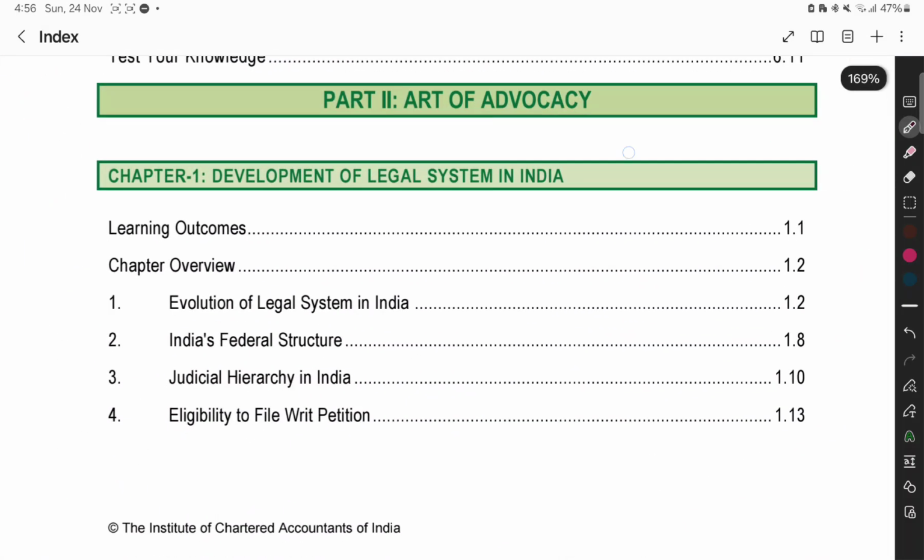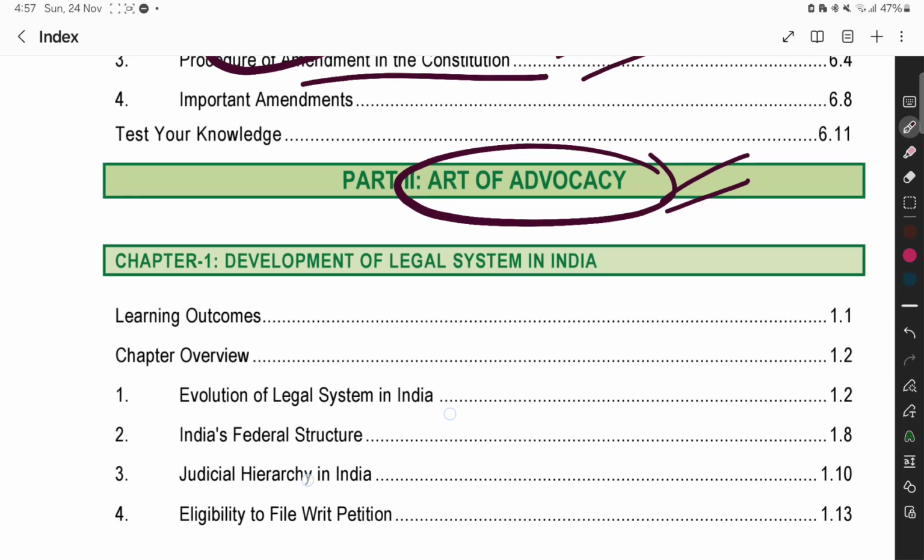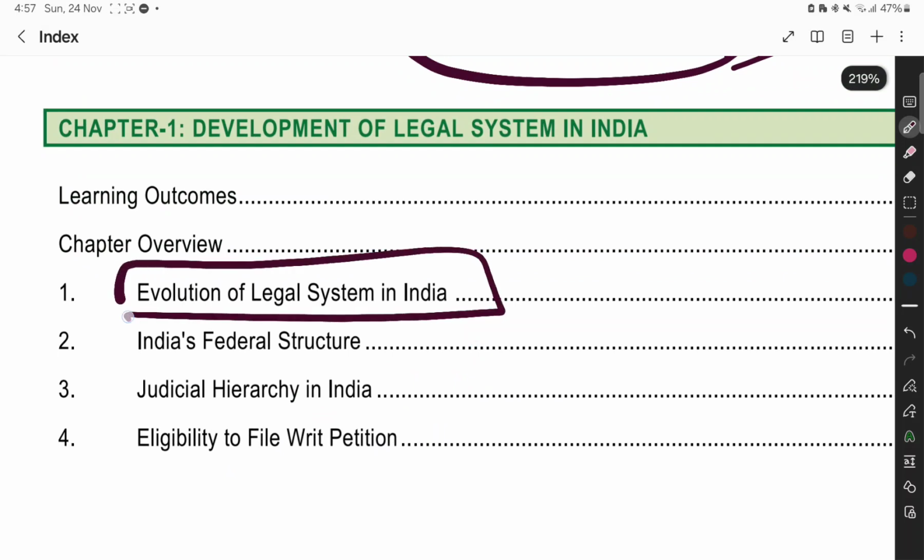Then part 2 is the art of advocacy, in which we are learning about the development of legal systems, how drafting is done and how petitions are filed, how replies are given to the various departments, what their formats are, and a little bit of understanding of the legal system as well. So in this, the evolution of the legal system, how it has evolved, and the federal structure,